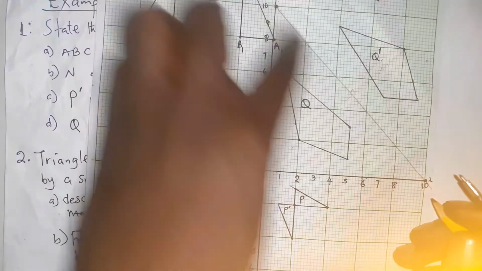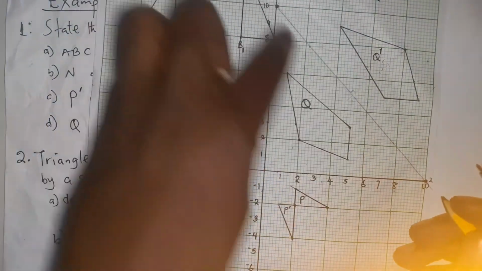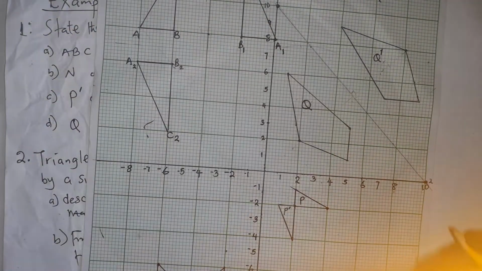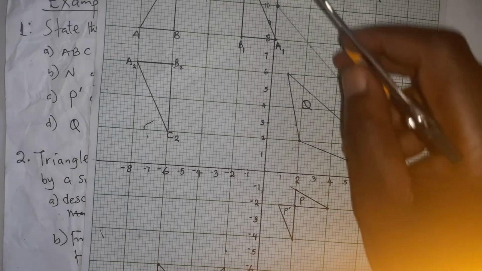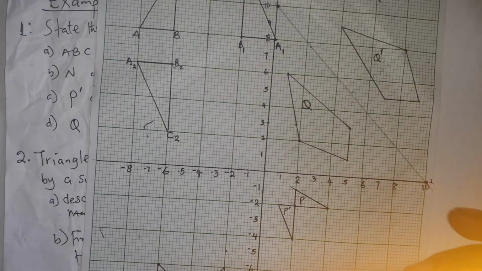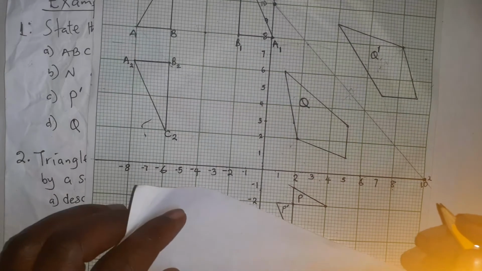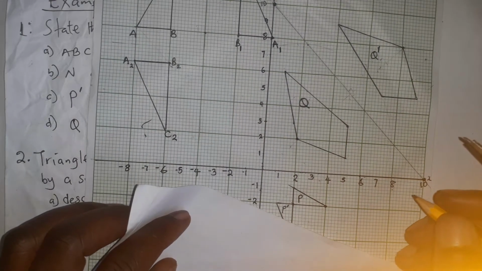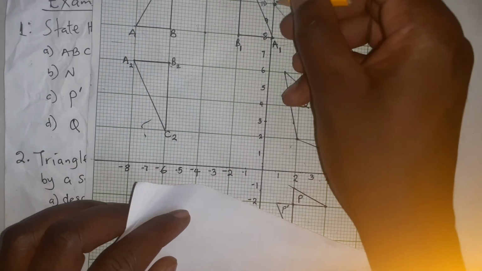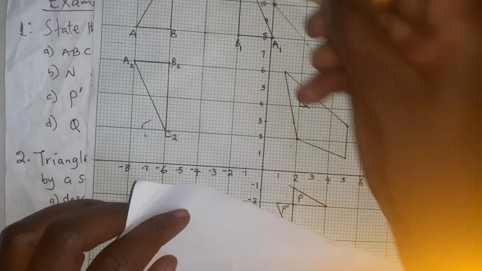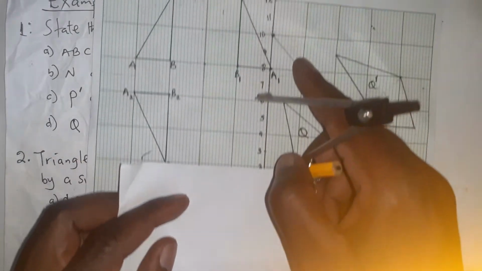So we need to find the equation of this line. So how do we find the equation of this line? We can pick any two coordinates that are falling on this same line. So for instance, like I said, any. So we can, if you want, we can get this point here, which is